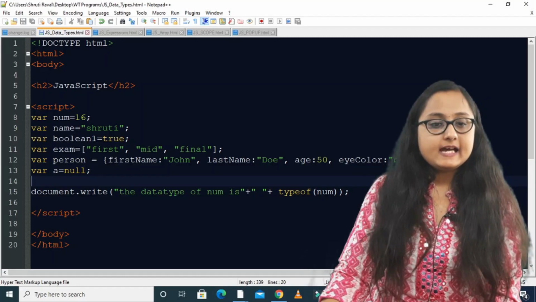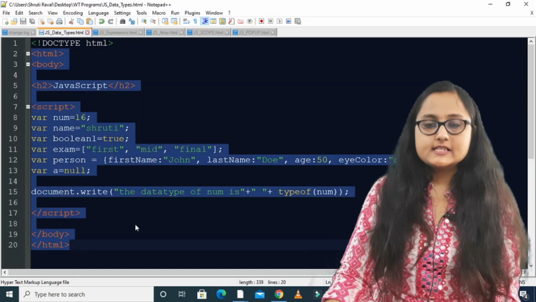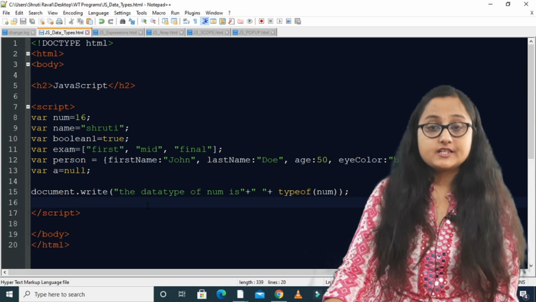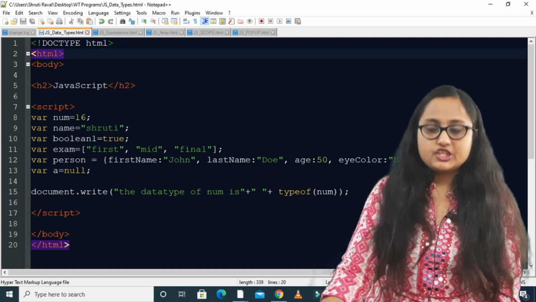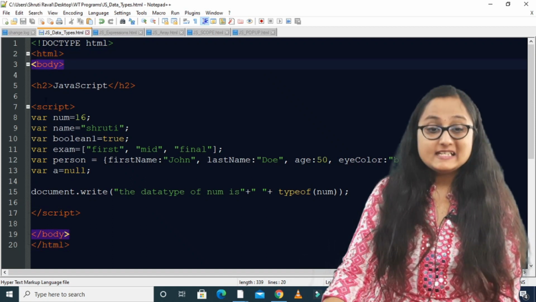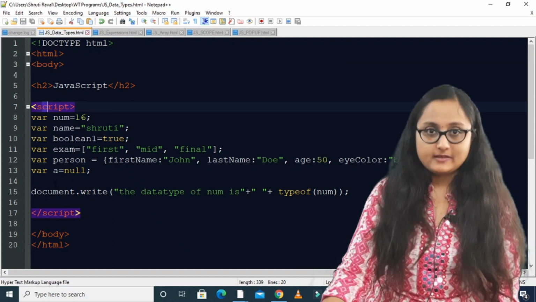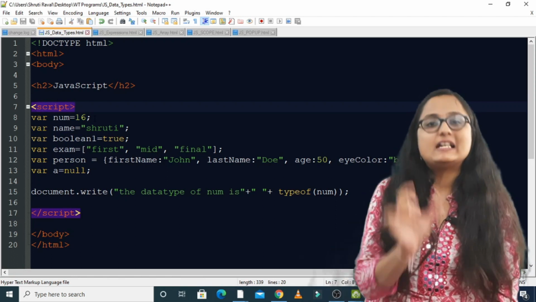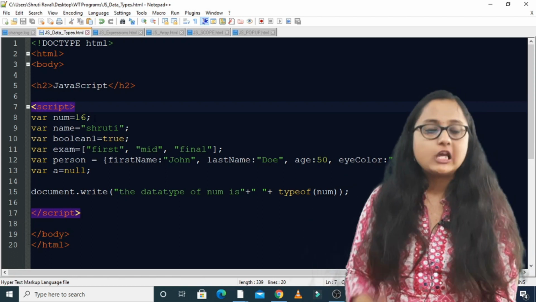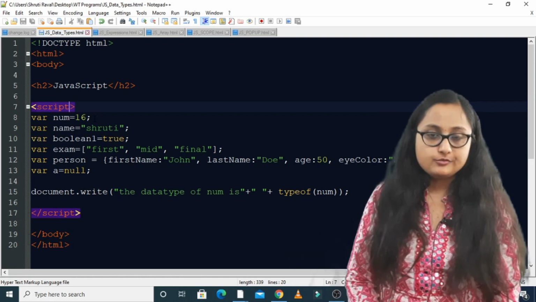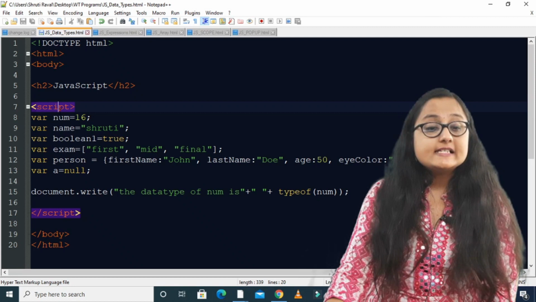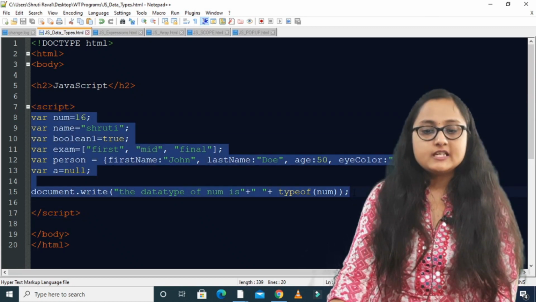Here you can see I have a code. So this is the syntax of internal JavaScript, in which I have HTML, I have body, and inside the body I have a script tag. I told you that you can skip the type and language attribute. It is okay, modern browsers do interpret JavaScript without using those attributes. So I have skipped them, right? So inside the script tag I have written my JavaScript code.